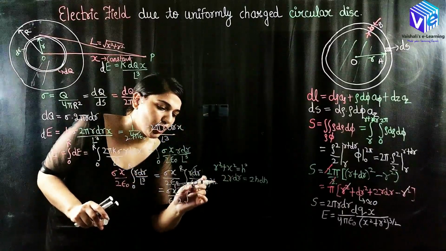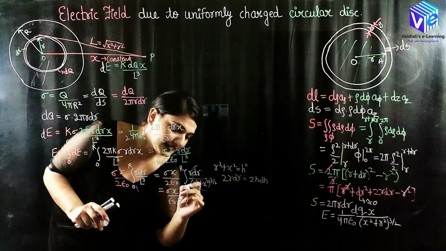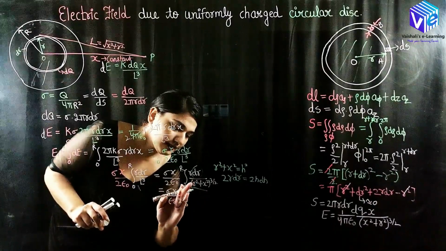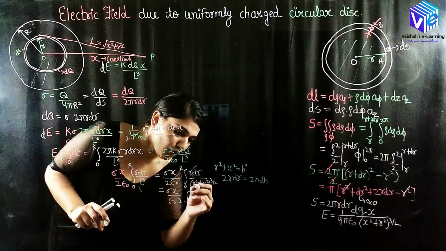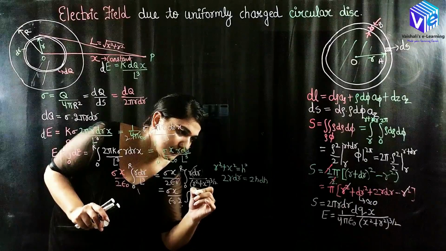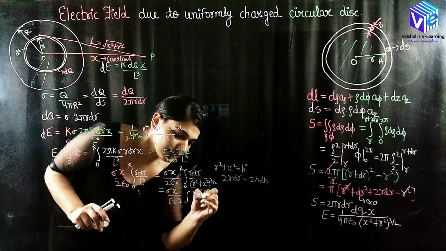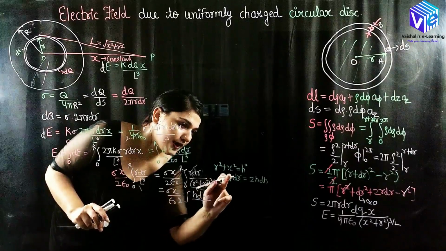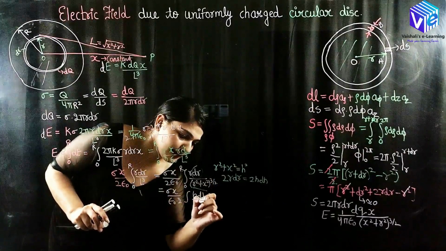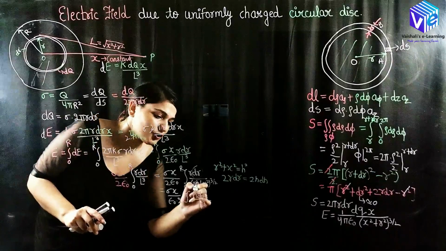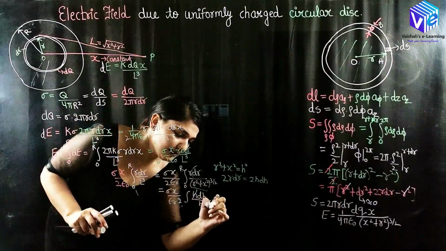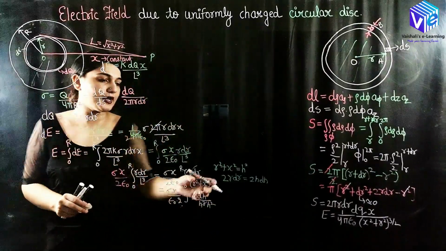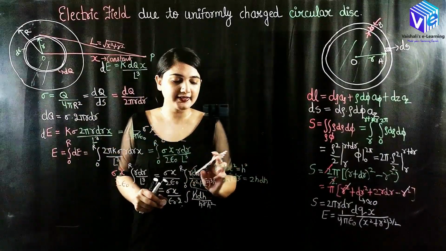Again the limits will also be changing, so I am not writing down the limits over here. Now here R dR will be equal to H dH, and here I am left with R square plus H square, which is H square. So here we will be having H cube, so here we will be having dH upon H square. Now you can find out what are the limits.